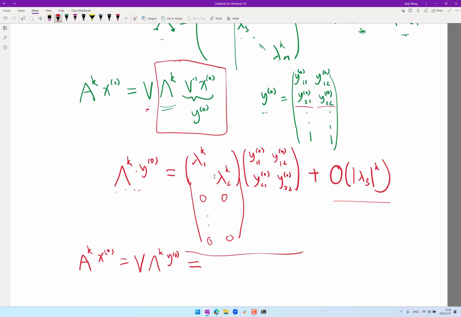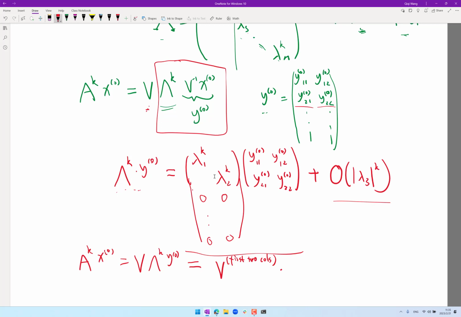So this is really V. Because this matrix only has the first 2 rows being non-zero, right? Therefore only the first 2 columns of the matrix V are going to be involved. So I'm just going to write first 2 columns